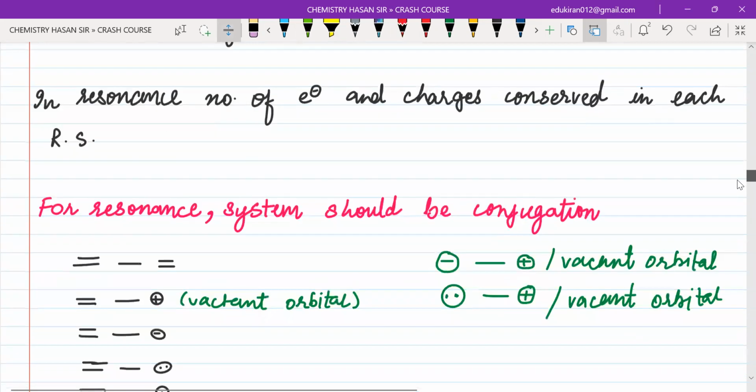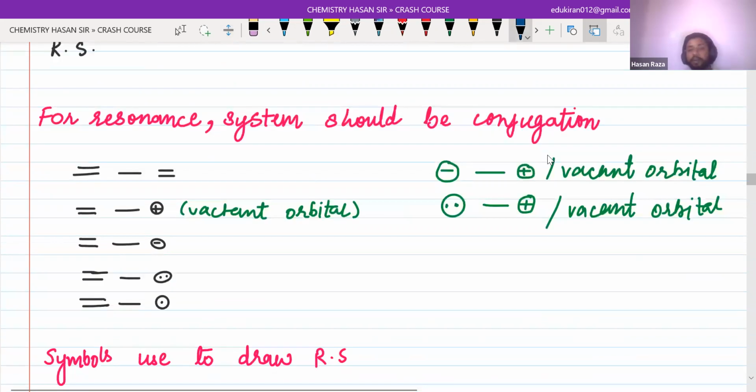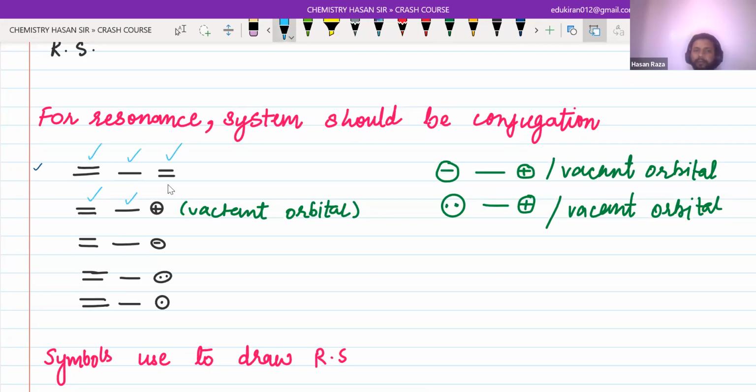Okay. Now, for resonance, the system should be in conjugation. Now, how will we know where the resonance is taking place, where we can draw the resonating structure or not? So, this is the system: pi sigma pi, pi sigma vacant orbital, pi sigma negative charge, or more electron, pi sigma lone pair, pi sigma free radical, or negative charge sigma vacant orbital positive, or lone pair sigma positive charge,